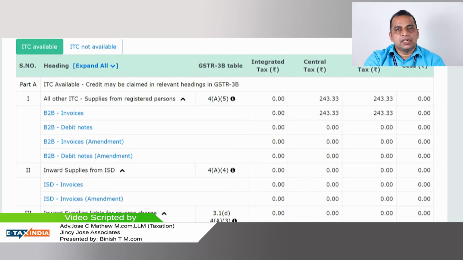For example, a vehicle purchased. So you have purchased a car for your company. You are not using that particular car for transportation of goods. It is for passenger transport. The vehicles which are not being used for goods transportation, they cannot avail ITC. If you are purchasing a pickup van, it's fine. Otherwise, it's a problem. If you are purchasing a car for your personal use or even company use, you cannot claim the input tax credit.